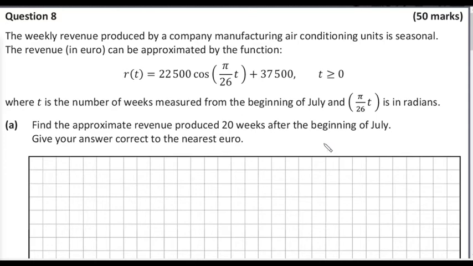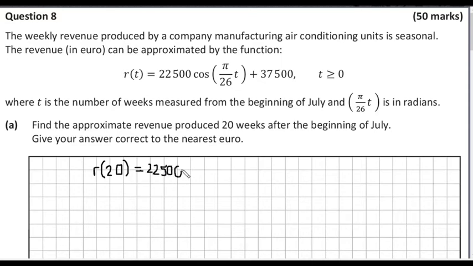Give your answer correct to the nearest euro. So it's just looking for the revenue. The R of t here represents the revenue, and then t represents the number of weeks from the beginning of July. So if we're looking for the revenue of 20 weeks after the beginning of July, all we have to do here is replace t with 20. So they're looking here for R of 20. So R of 20 is going to then be, just replace t with 20. So we're going to have here